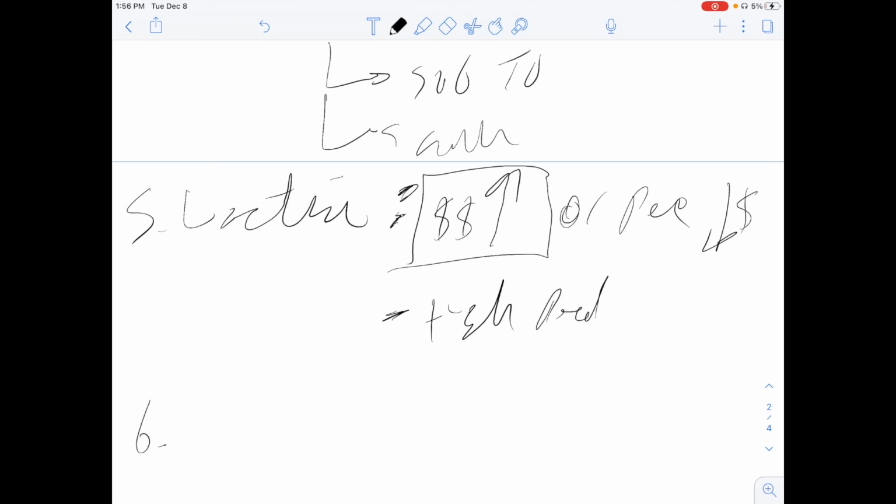Now, number six, what I look at is how much money is behind, because this is a subject to deal. And sometimes the sellers are behind. It depends on what audience I'm focused on. If I'm focused on foreclosures, then the sellers are going to be behind. That's why they're in foreclosure. If I focus on divorces, then there's a chance they're not going to be behind. They're making their payments. If I focus on probate, then there's a good chance I have a lot of equity. So it just depends on my investor that I'm going to sell the deal to, or if I'm buying the deal, where am I marketing to?